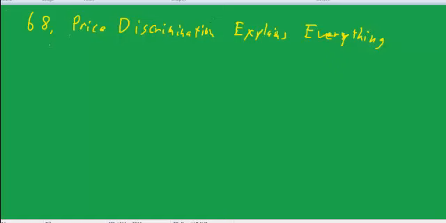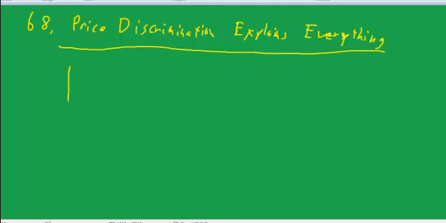This is Dr. Kling. The name of this talk is Price Discrimination Explains Everything. It's typically not a big focus of the AP, but I think it's a very, very important topic. Basically, if somebody walks up to me and says, Dr. Kling, you're an economist, can you explain why? I can pretty much say to myself, before they even ask the question, price discrimination. Because most of the questions about business practices revolve around that.